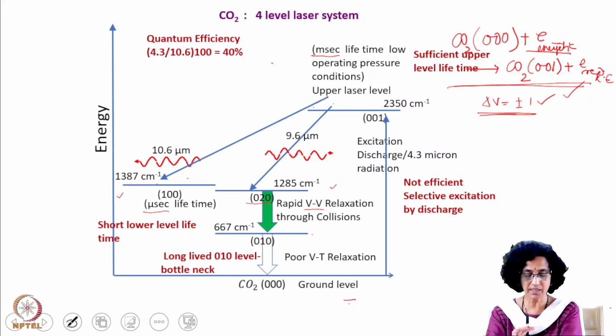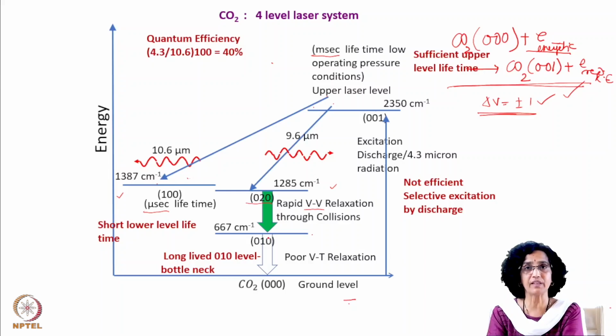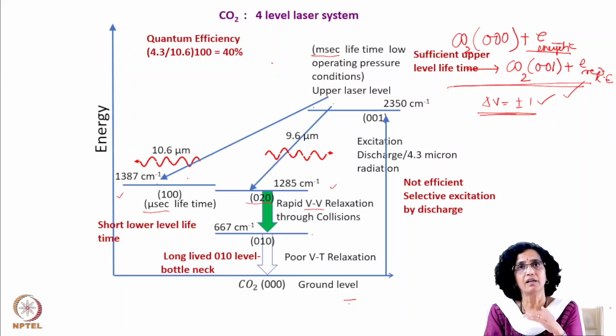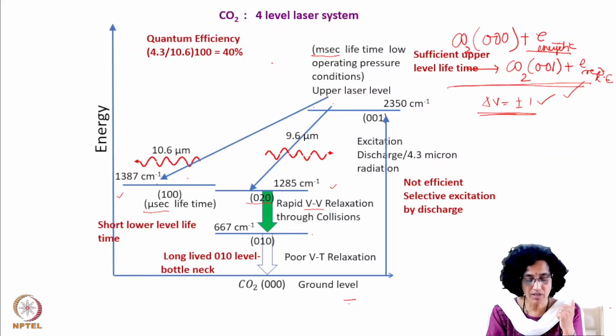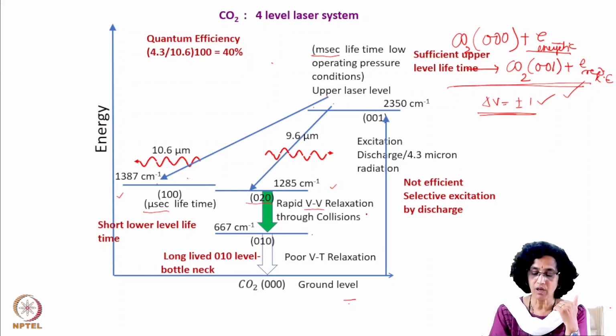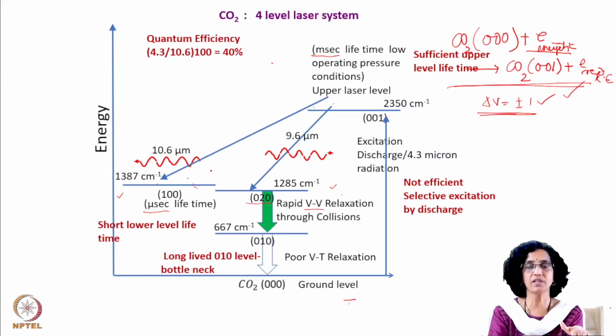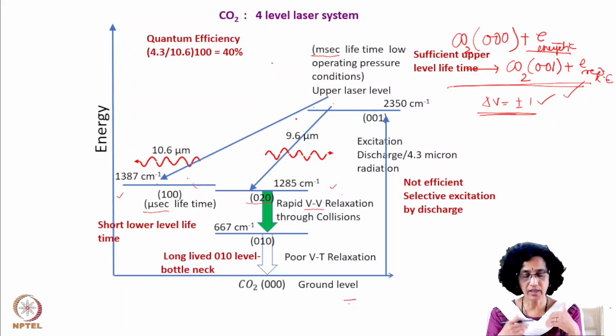So basically, a CO2 laser is a 4-level system: the ground, the upper level, this is the lasing level, and then this intermediate level. So a 4-level system is definitely always superior. Why is it superior? Because you can consider the lower level practically empty at normal temperatures, and therefore when you take the molecules to the upper level, the inversion is automatically created, and once inversion is created, the lasing can take place. And if this lower level has a short lifetime, then this population is brought down from the lower laser level, emptying it, so that inversion can be created, and this chain can go on.